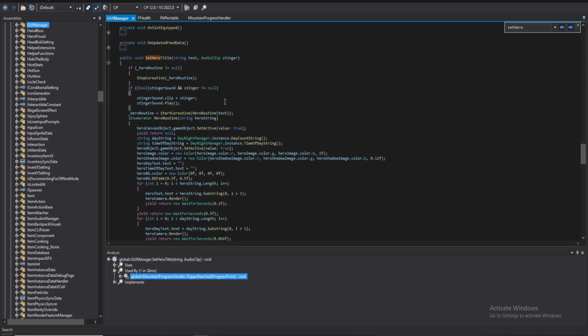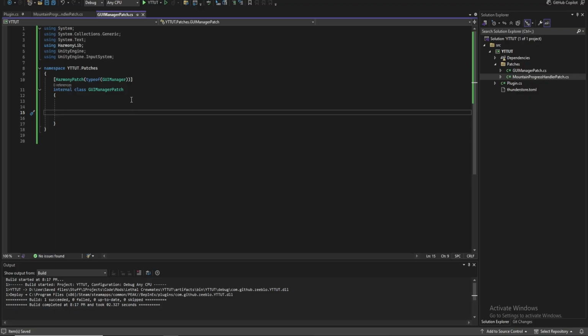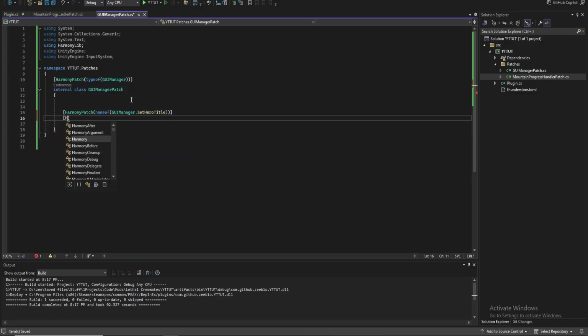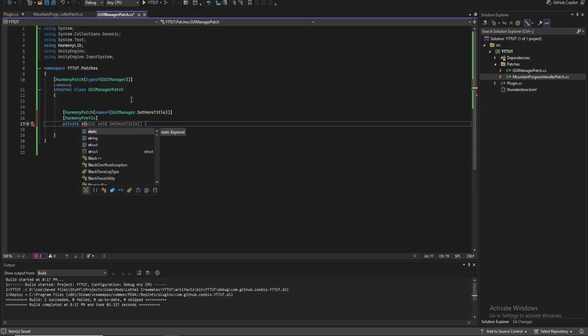Let's see what we can do here. So all we're doing is basically just taking this method here, and whenever it's called, we're ignoring the original text and replacing it with our own. So let's do that. Let's do a Harmony patch, name of UI manager dot set hero title, and it will be a prefix because we've got to modify the arguments. Private static bool